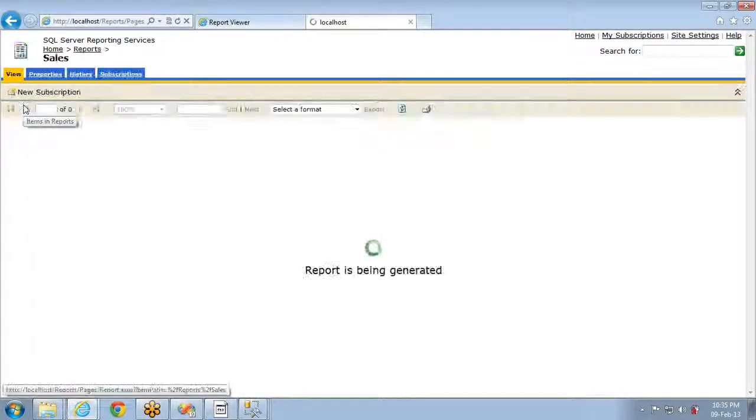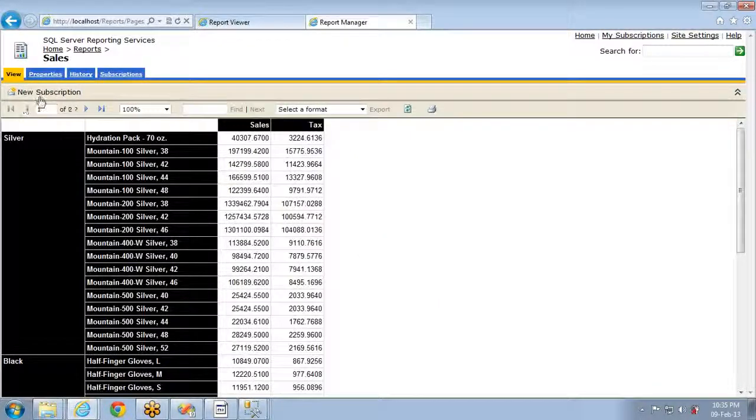And we have seen how to create link reports and how to create snapshots, how to create caching, and how to create subscriptions, standard and data driven. And we have seen different formats of delivery mode like email and file share. So that's it for today's session. And we almost ended the SSRS.